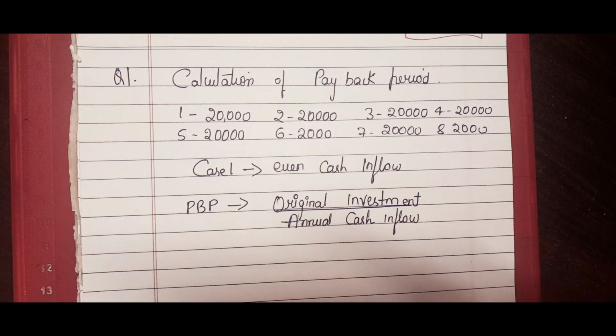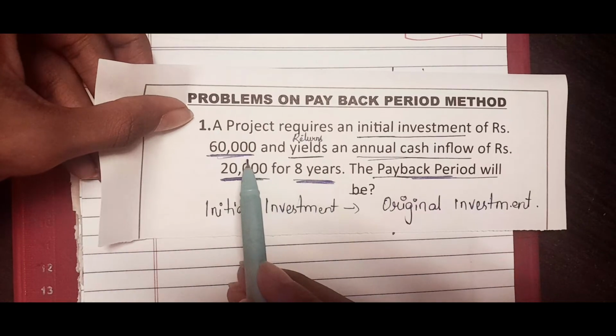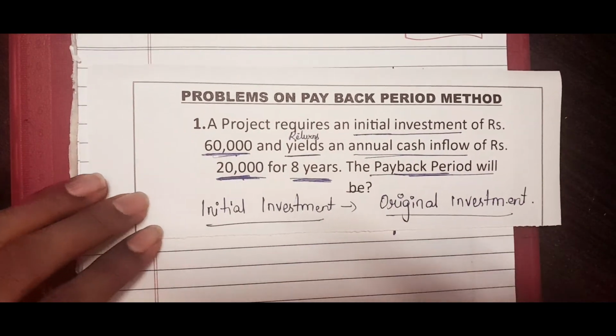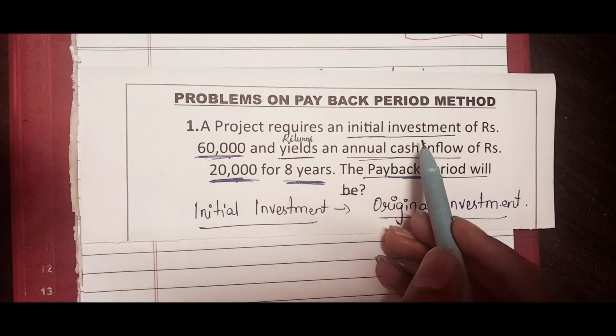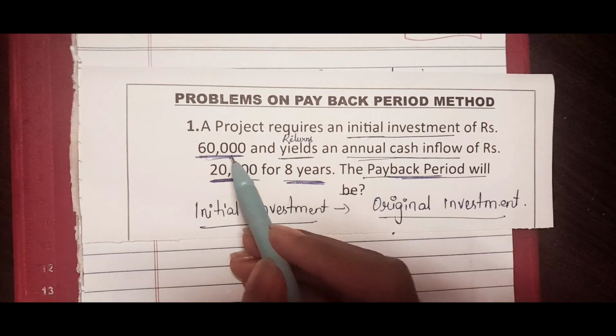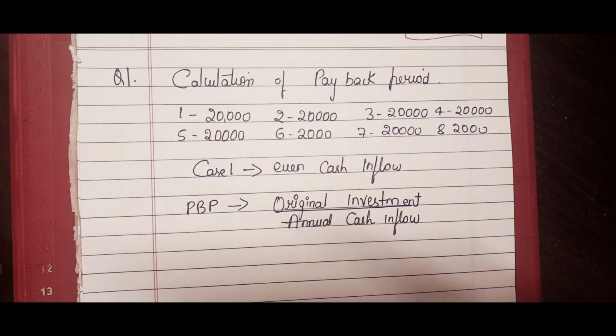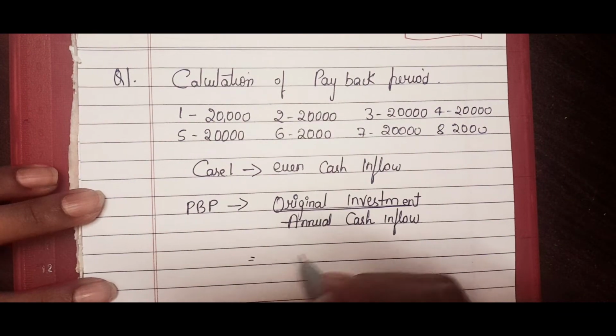So what is our original investment? In the question they told initial investment. As I told you, initial investment is nothing but our original investment. The initial investment made is rupees 60,000. So the original investment will be 60,000